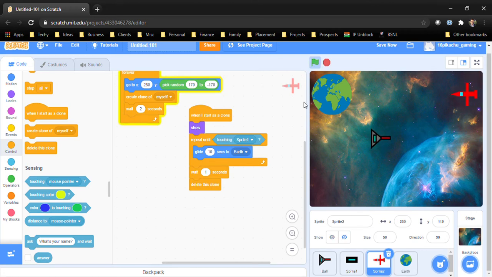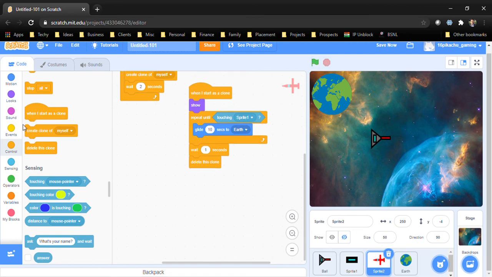So now if we see, it is coming from here and then it is going towards Earth, so that it looks like it is landing on Earth and it wants to destroy Earth.